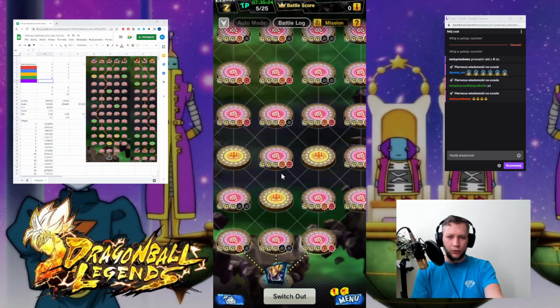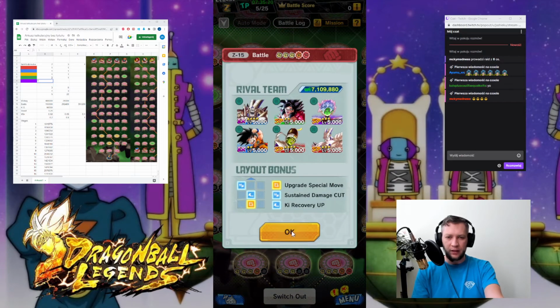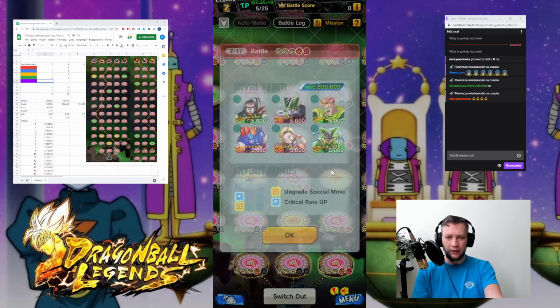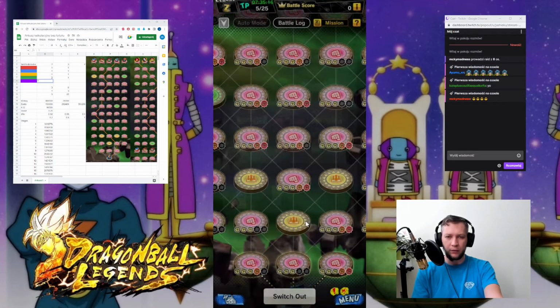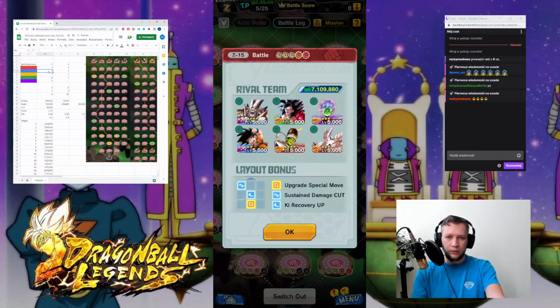So let's go to the next stage, and this one is going to be easier than, of course, this one, and that is why we went to the left. And let's select real quick two blue, I guess, and two red units here. Okay, so what you have to